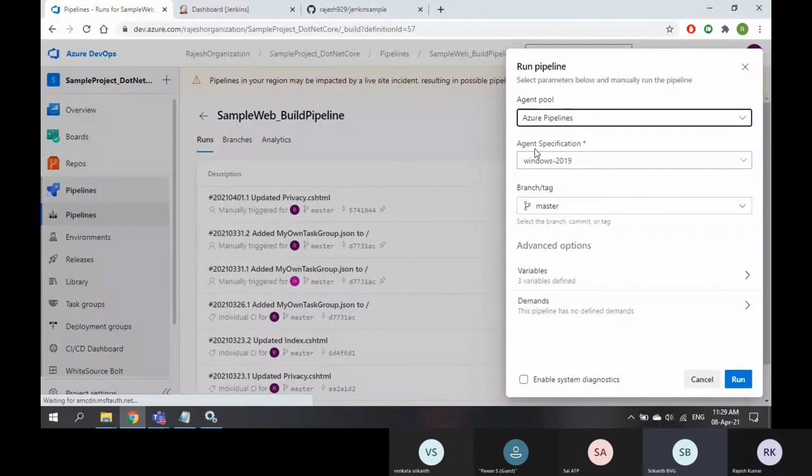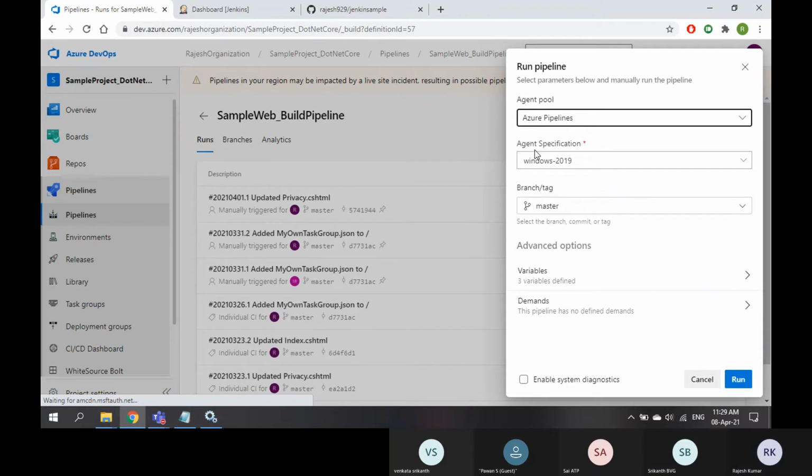Right. So now we are using MyPool. Specifically, we have given a separate machine, which is a local machine, and we are trying to run a pipeline. Let's say we have given a new thing here, which is not on the machine. No, here also the same Jenkins concept applies. You need to make sure that all the software is installed on the agent. Like in the Azure pipeline, won't it install automatically? See, when you take Azure pipeline, every time it is taking a fresh server. So you don't know whether the software is there or not. That's the reason it downloads and installs.